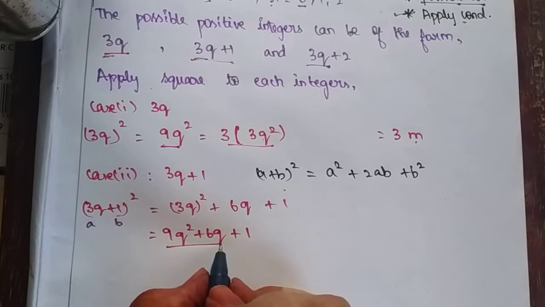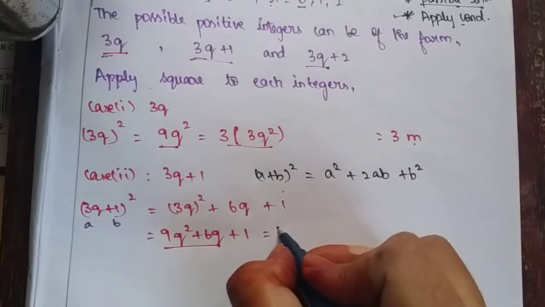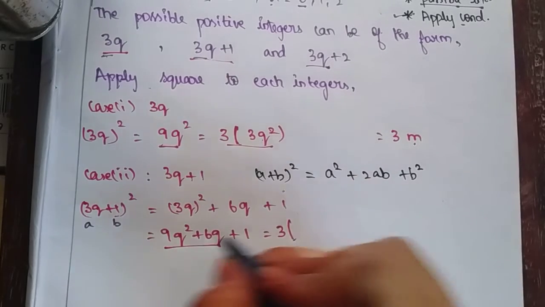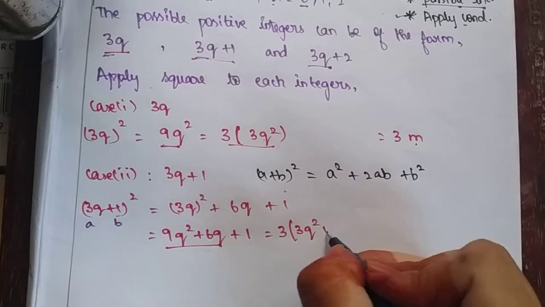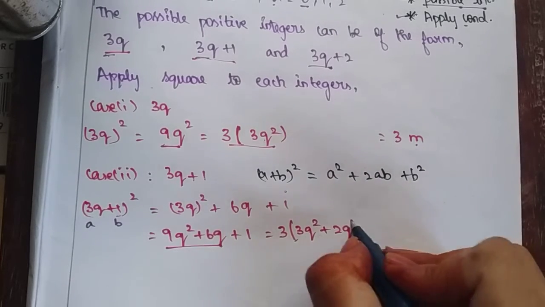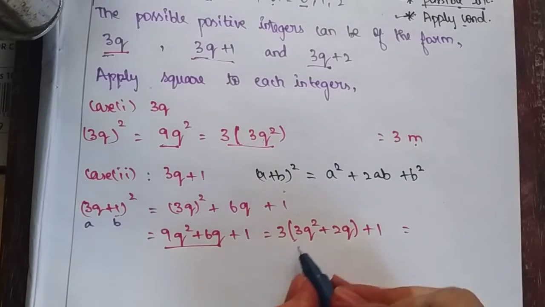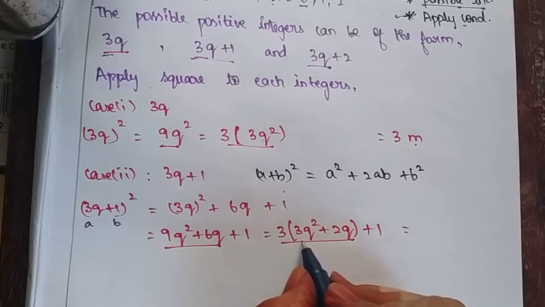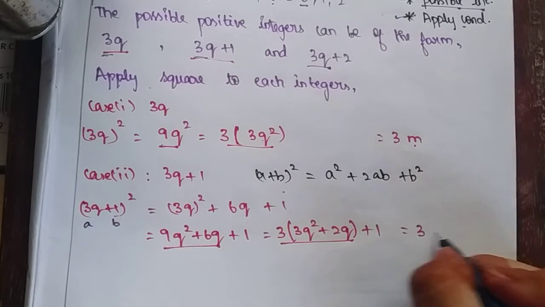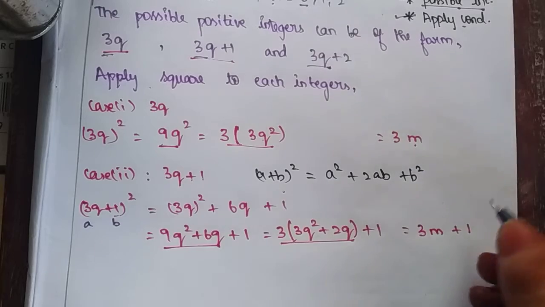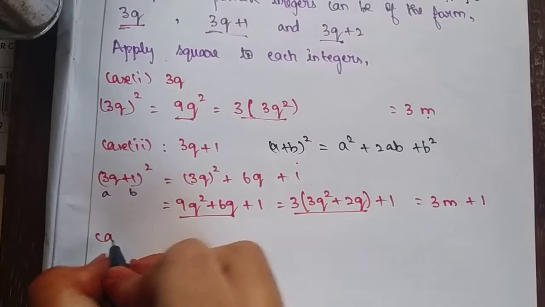Now take common as 3. From these terms I am taking 3 as common. So we get 3 times 3q square plus 2q, plus 1. Since this is a multiple of 3, I can write this as 3m plus 1. So now for case 3,